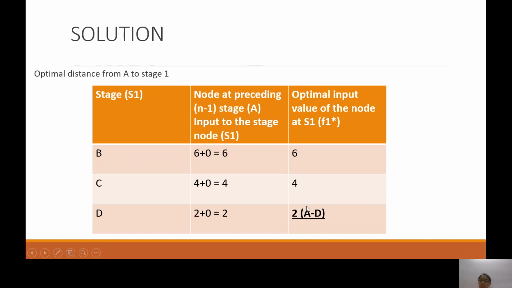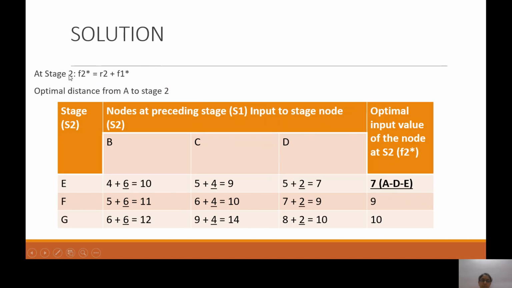So this gives me, and the problem is for minimization. We have to carry out minimization of the problem. You have to find the minimum route or the minimum time taken from A to K. So the minimum route or minimum distance is A to D, which takes 2 units of time. Okay, so in table 1 this is clear to us.